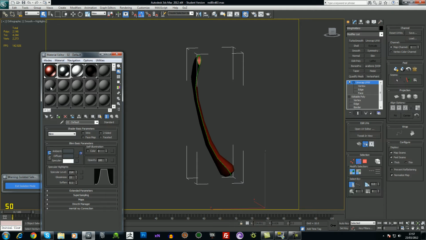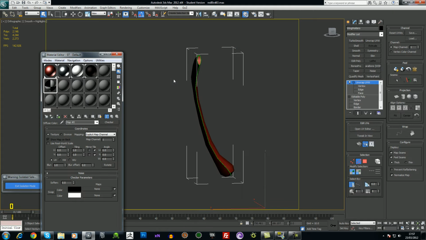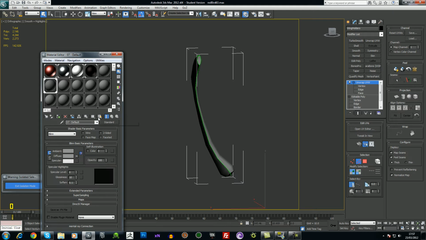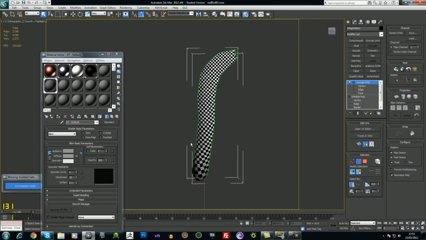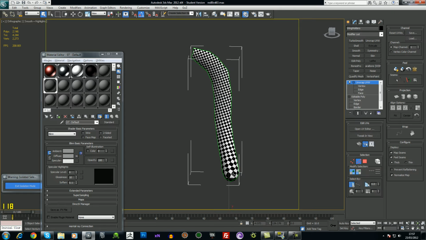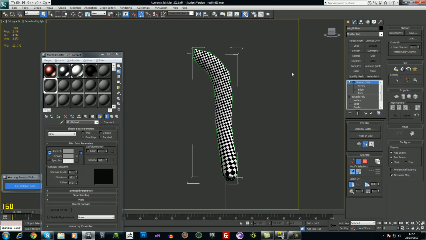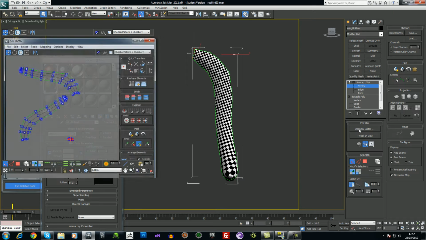I'm going to add a checker material to this, and that just lets me know that I've done the UV mapping. Choose a checker. Do tiling 40 and 40. Good number. I'll just apply it to the model and then click on this, and you can see that's pretty nice. It's a little bit heavier than the bottom there, but if I open up the editor again